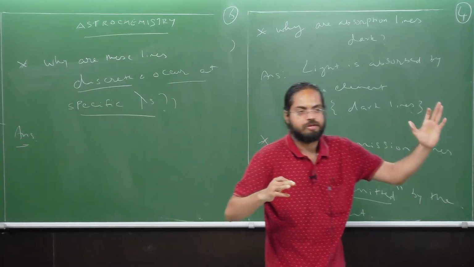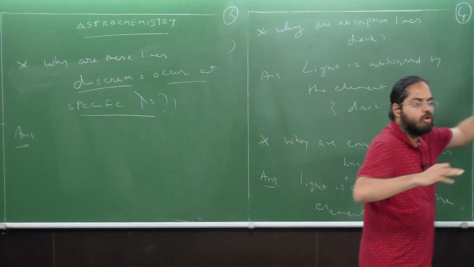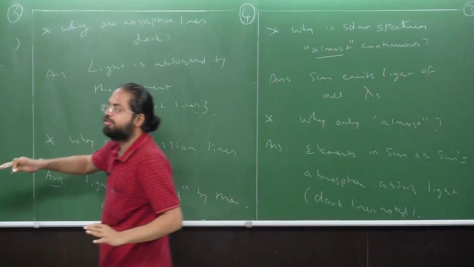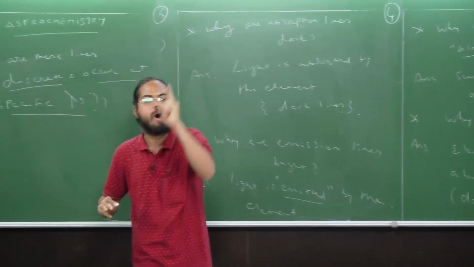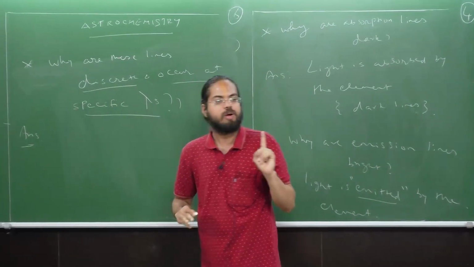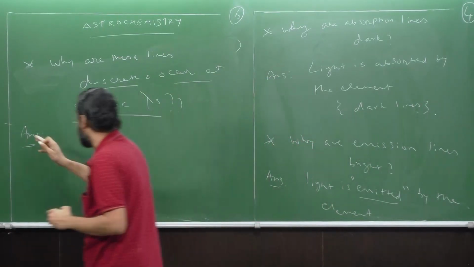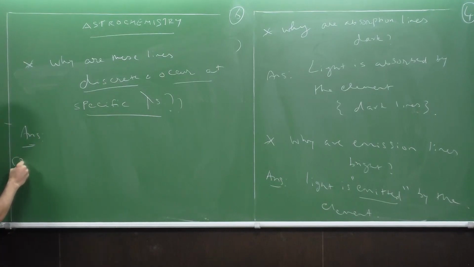Now, what is the opposite of discrete? Something that's continuous. For example, the solar spectrum is almost continuous. You see all wavelengths of all colors. But here, it is not a continuous stretch. It is one specific line. Why does this happen? Well, I'll give you the short answer. I won't call this the answer, I will call it a short answer.